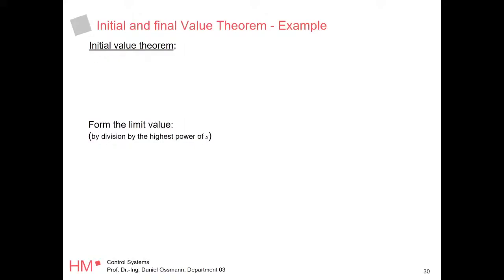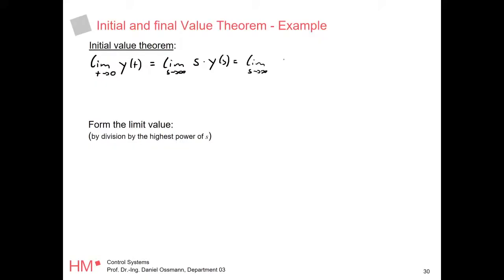So what happens if we let t go to 0 in our y of t? Well, this transfers over to s going to infinity of s times y of s,